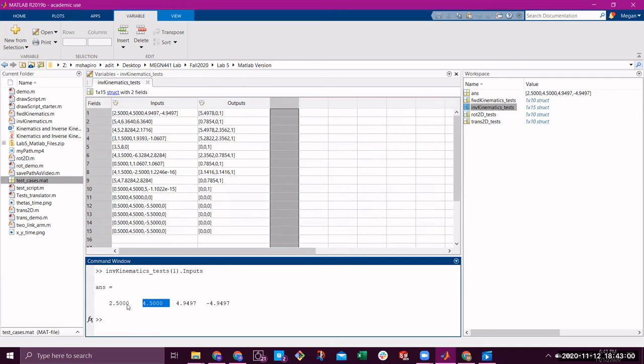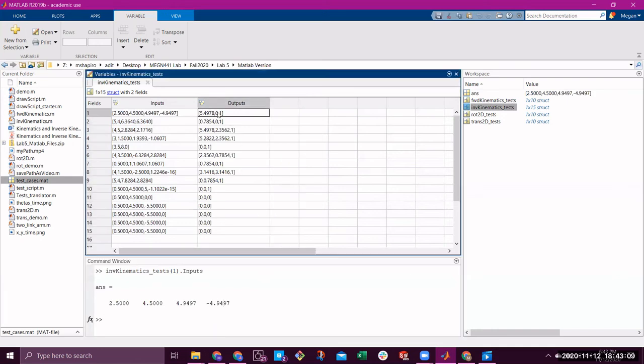What would be the joint angles, and is it possible to reach this point, X, Y? And then it would return the 2 thetas, theta 1, theta 2, and this last variable is a Boolean for